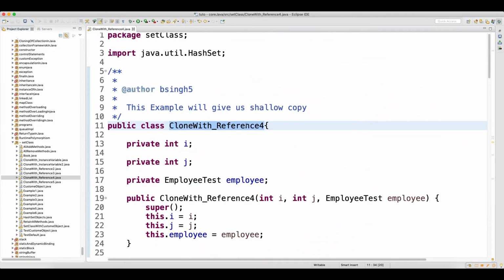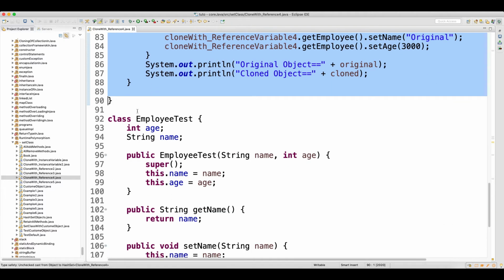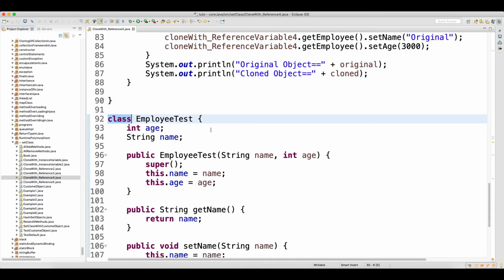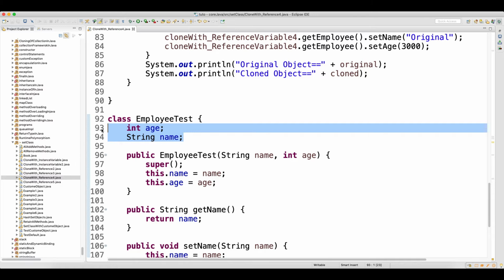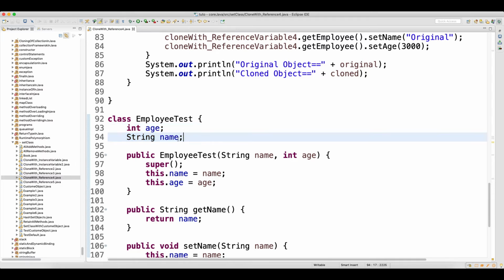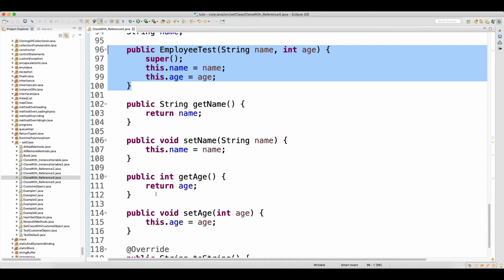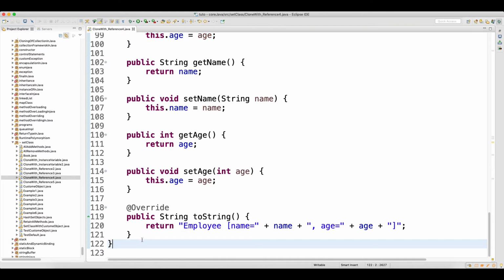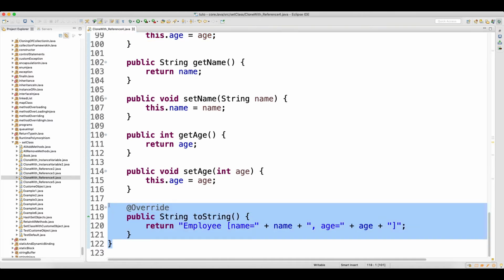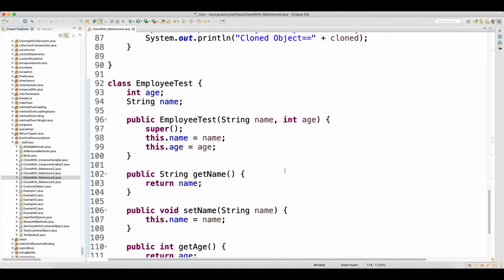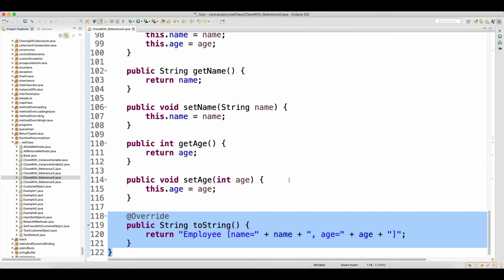So wherever your class finishes, after that you can write another class, and this we call a bean class. The bean class is nothing but the object which will hold data for you. So this is my object. It has two fields. It has a parameterized constructor. Through the constructor these fields will get initialized, and then there is a getter and setter, and then again a toString method, because I need to print the data of this object. I don't want to print the object, I need to print the data of the object.